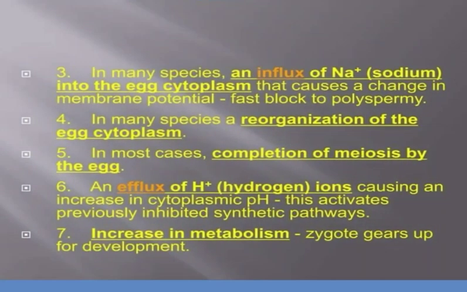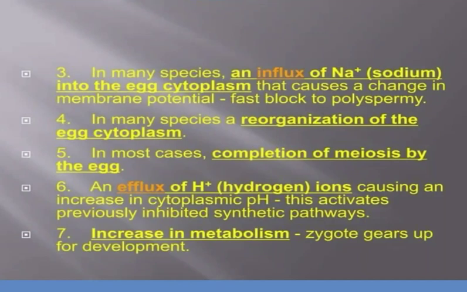In many species, there is an influx of sodium ions into the egg cytoplasm that causes a change in membrane potential. Because of the influx of sodium ions into the egg cell cytoplasm, the membrane potential changes, and this is known as the fast block to polyspermy. In many species, reorganization of the egg cell cytoplasm also occurs. In most cases, there is completion of meiosis by the egg,